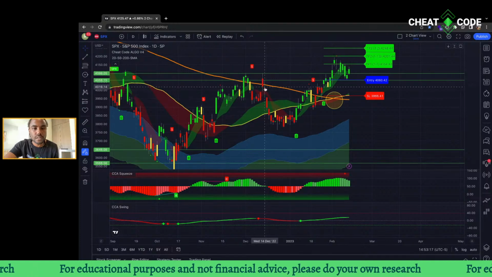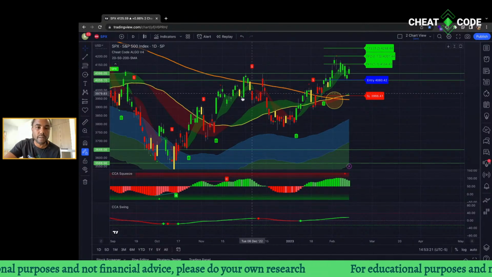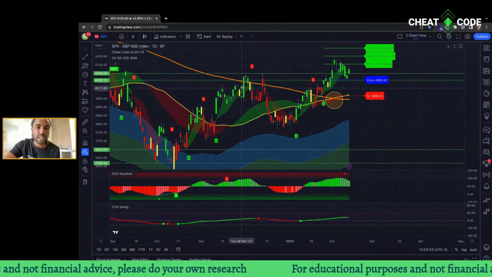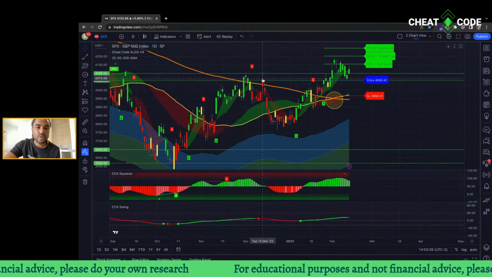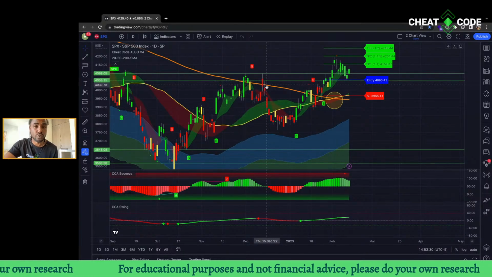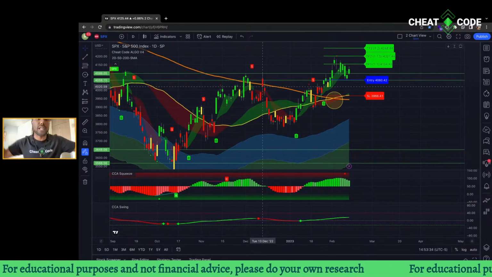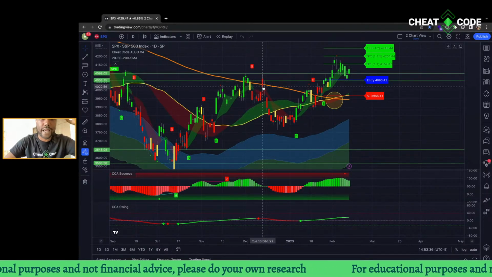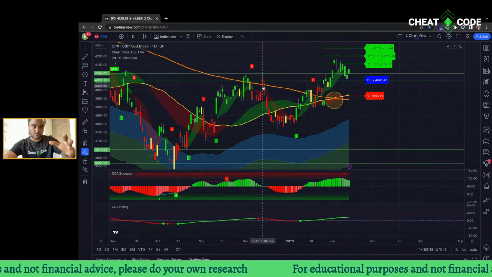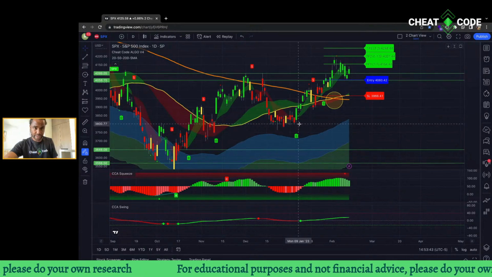Now, when it closes under them, we can see when it's a red candle, that means the close is at the bottom. If it's a green candle, that means it opened here and closed here. Red candle, opened high, closed lower. So that means the market opened above the 200, but it closed below it. So literally everybody the next day was like, "Yo, I'm short in the market," because that was the moving average signal I needed. And look how it collapsed in price after that.